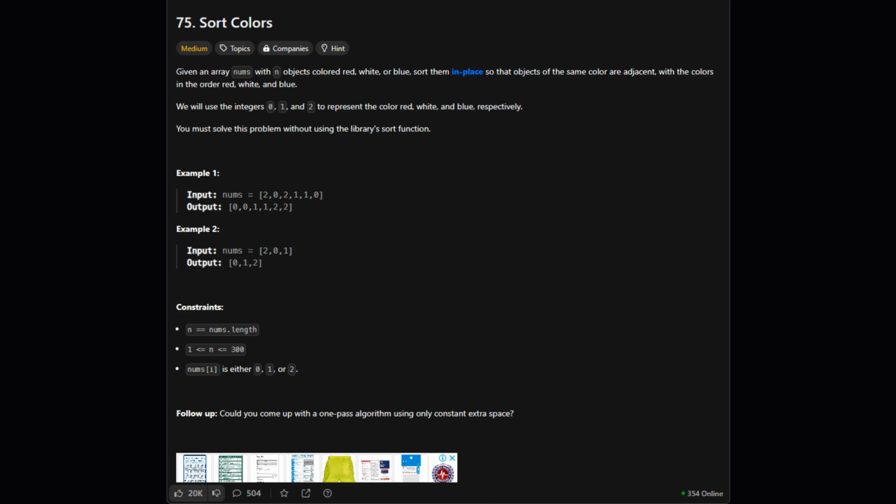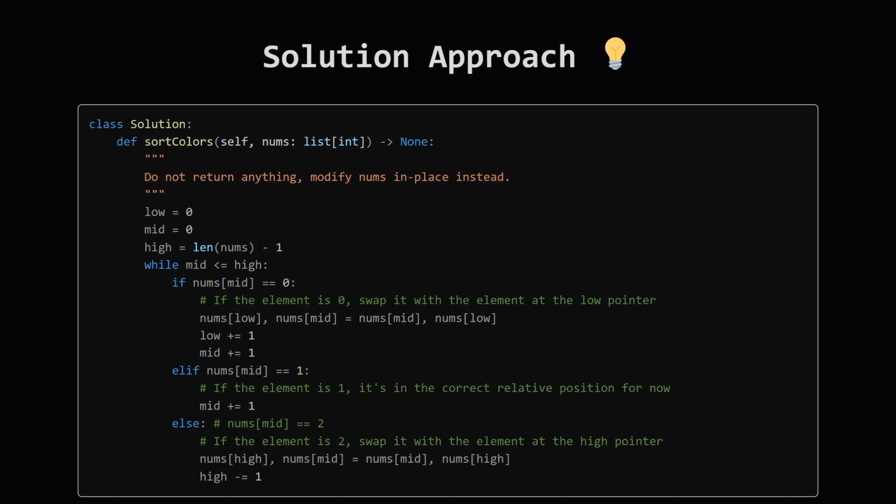Next problem was sort colors. This one's a classic. You're given an array with numbers representing red, white, or blue, 0, 1, or 2, and the task is to sort them in place, so all zeros come first, then ones, then twos. For this sorting problem, I used the Dutch national flag algorithm. This method employs 3 pointers to partition the array into sections for zeros, ones, and twos all in a